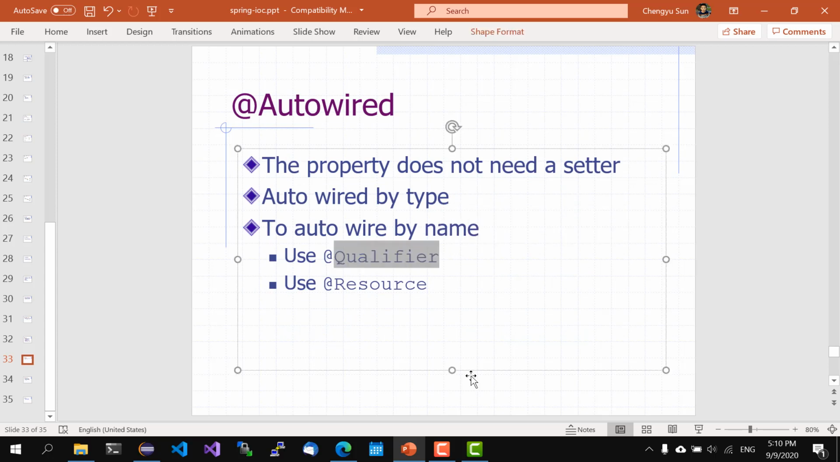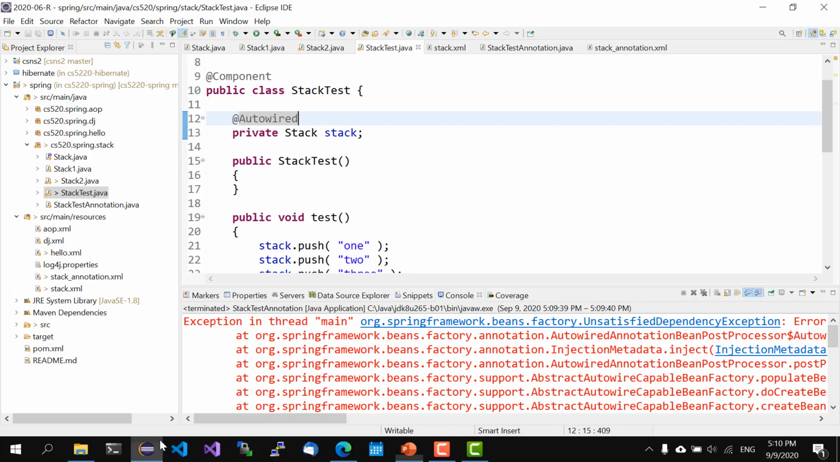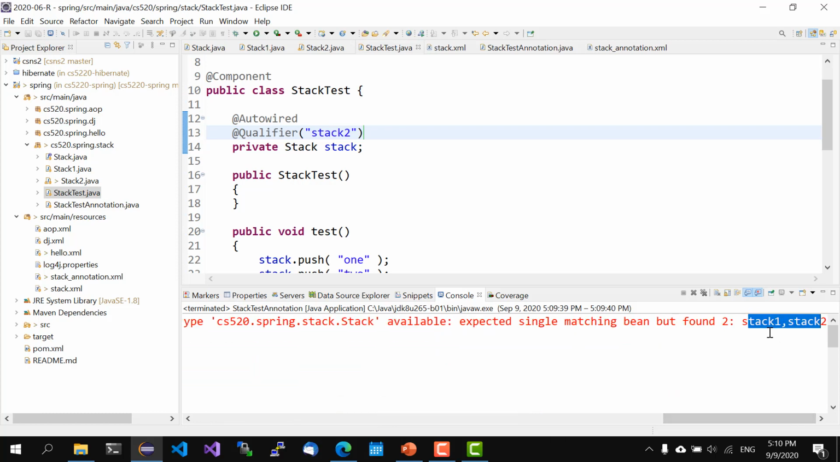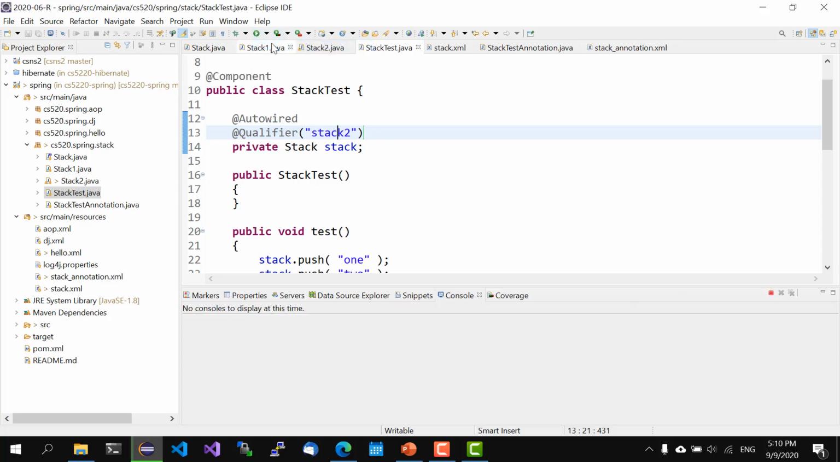So this is where we can use another annotation, and we can say @Qualifier stack 2. Is it called qualifier? Okay, qualifier. And this will resolve the ambiguity of stack 1 and stack 2, both of them implementing the same interface, and we basically say here that we want stack 2. So if we run this again,